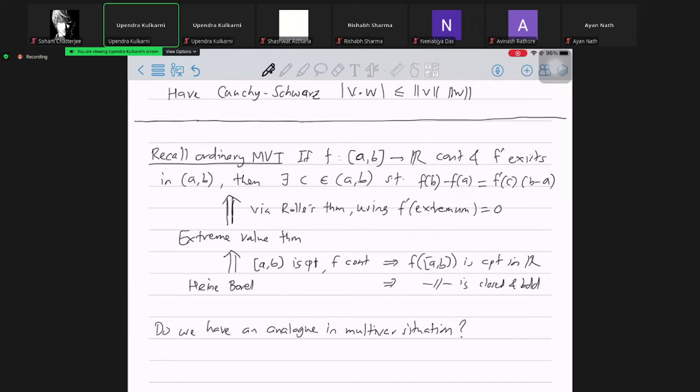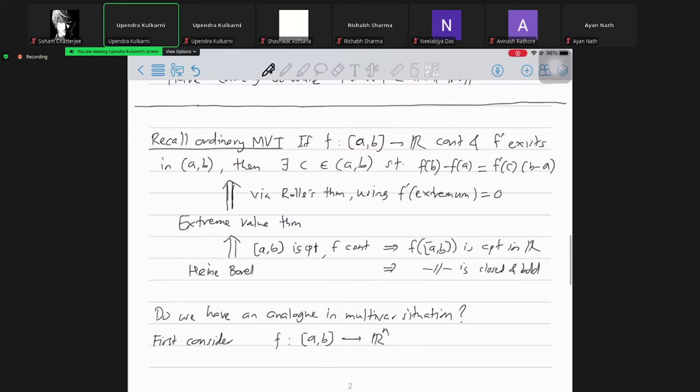So first consider, let us say f from A comma B to R n, and if this works, then we can be more ambitious. Do all the hypotheses make sense first of all? Continuous, yes, certainly it makes sense. F prime exists and everything makes sense. So with the same conditions,